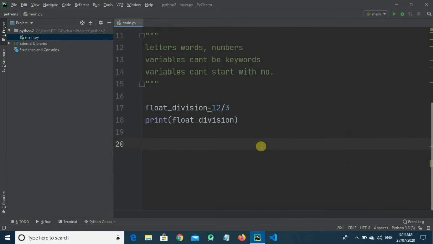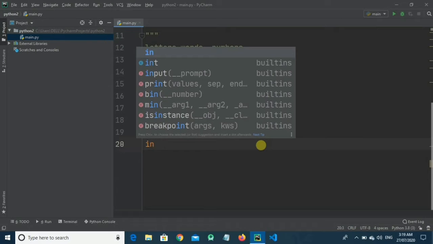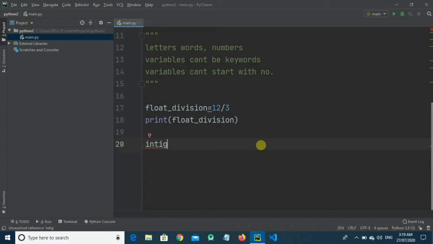Now let's declare another variable, integer underscore division is equal to 12 by 3 again, and we will print this again. Now let's see what happens.